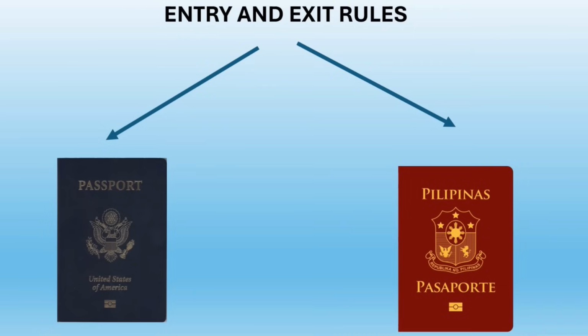The third reason is the entry and exit requirements for dual citizens. Let's say you have both a US passport and a Philippine passport, and you are coming from the US to the Philippines. Always use the US passport when exiting the US and then entering the US. You don't necessarily need to show your Philippine passport when leaving the US. When you are entering the Philippines, you can show them both passports. If you are exiting the Philippines, you can show them both passports as well.